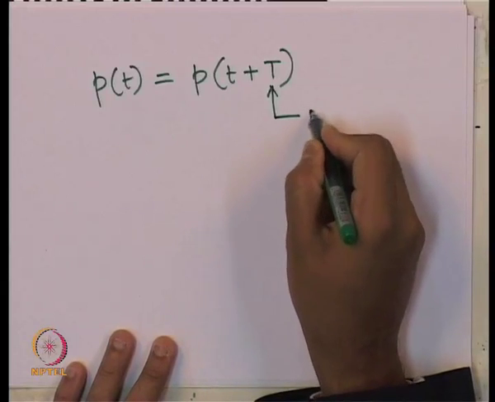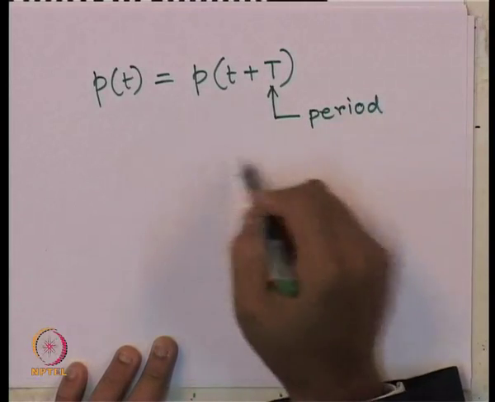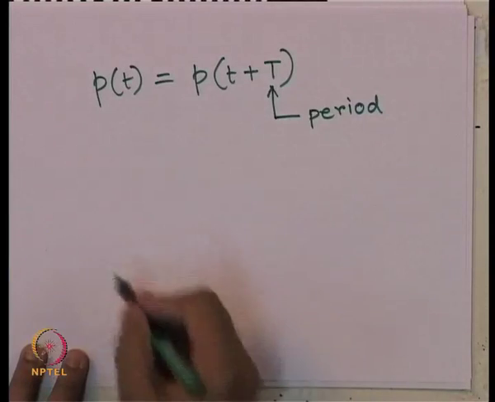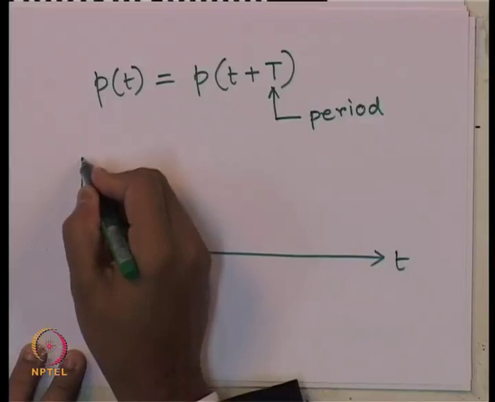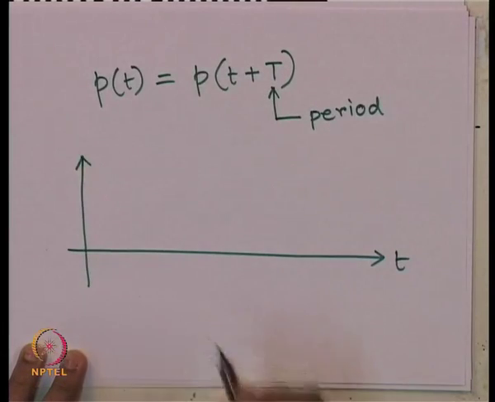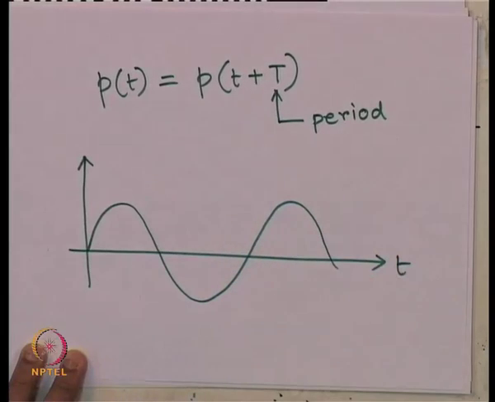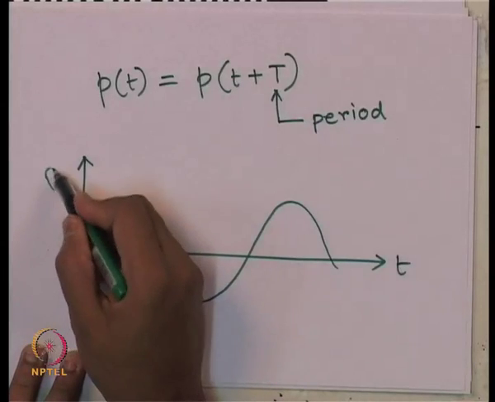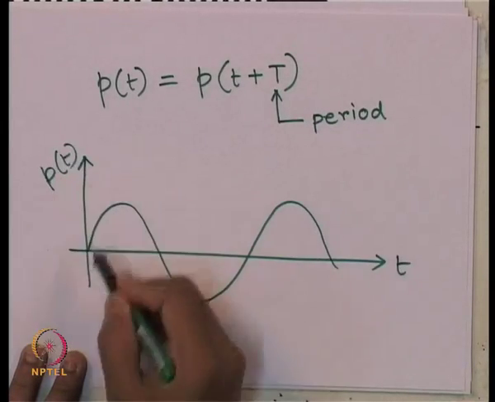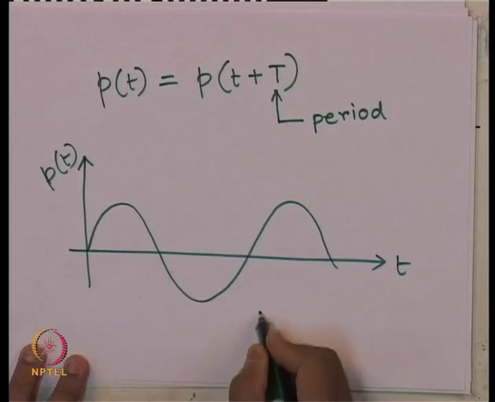So, if we mention it as period, then this is the type of force on the system when the dynamic load is present on the system. For example, it can be a sine load or cosine load, where the nature of this P of t is repeating after a certain period or certain time. In that case, it is called periodic